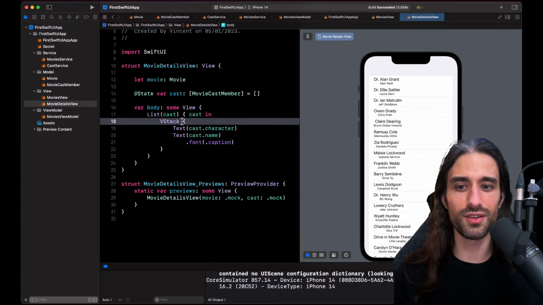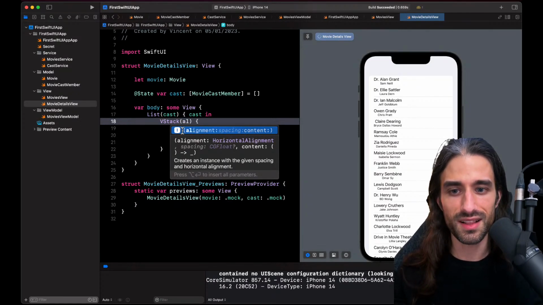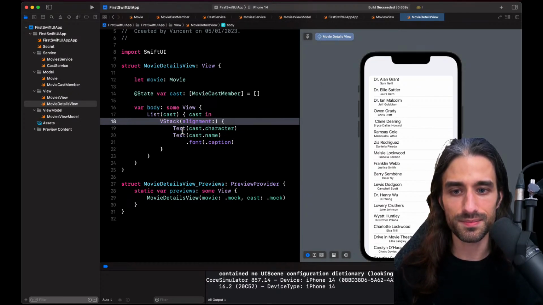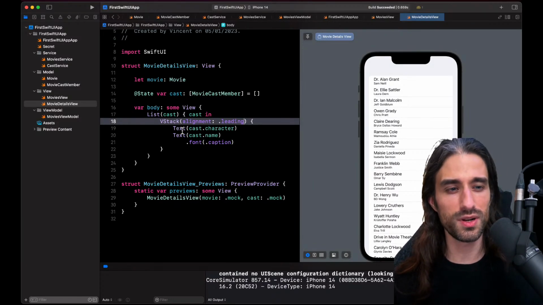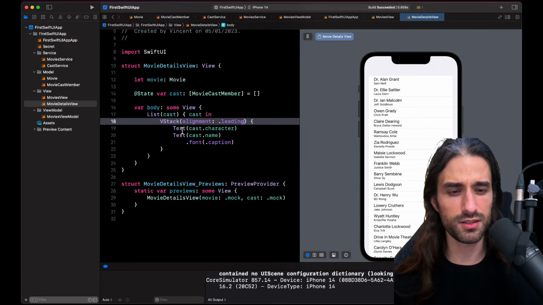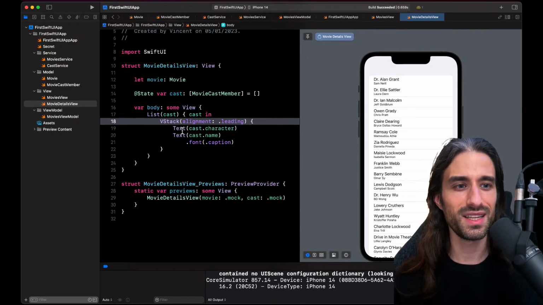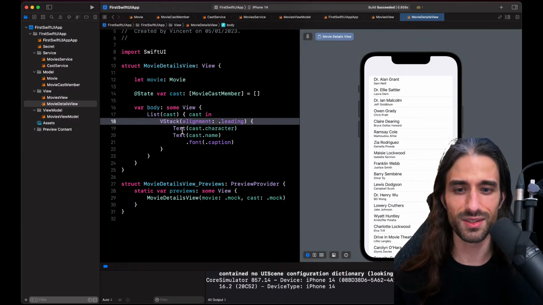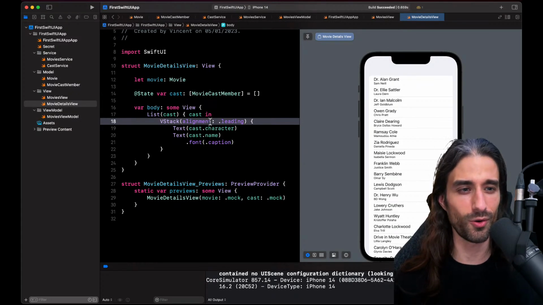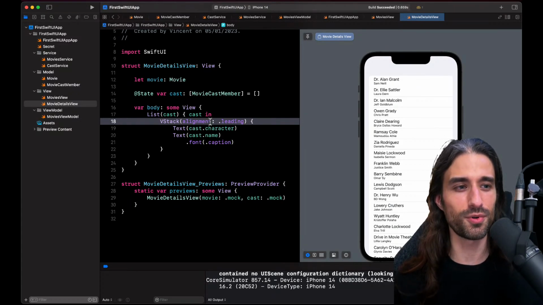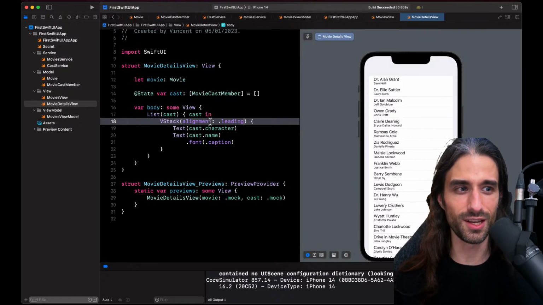So you've written the code in the comments. I will say alignment, not left, but leading, because this way, when you have a right to left language like Arabic or Hebrew, it will be switched automatically. And now it all looks nice. Perfect. And funnily enough, I had forgotten to write this in the finished version of the project, so I will be updating it before I put the link of the GitHub in the description.